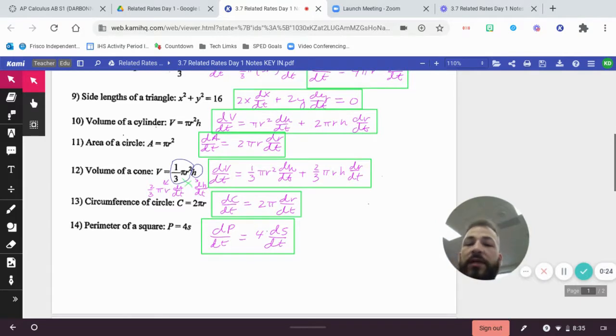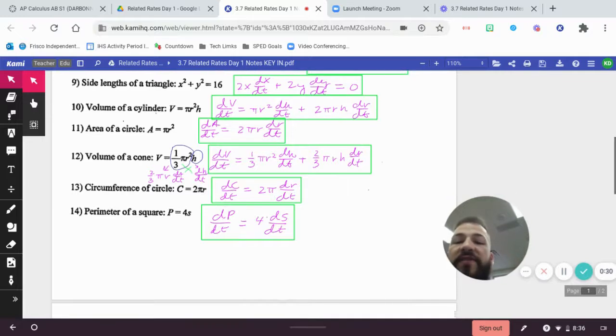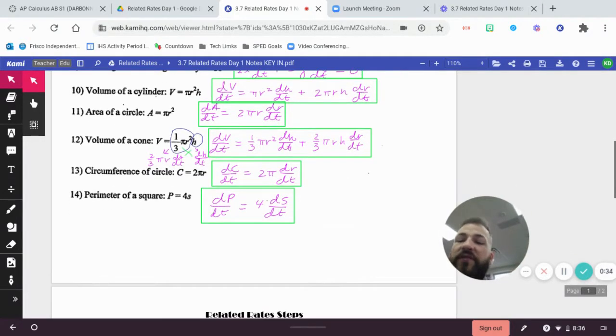Volume of a cylinder, dV/dt is equal to pi r squared dh/dt plus 2 pi r h dr/dt. Area of a circle, dA/dt is equal to 2 pi r dr/dt. Circumference of a circle, dC/dt is equal to 2 pi dr/dt. And perimeter of a square, dP/dt is equal to just 4 times ds/dt, which I like,